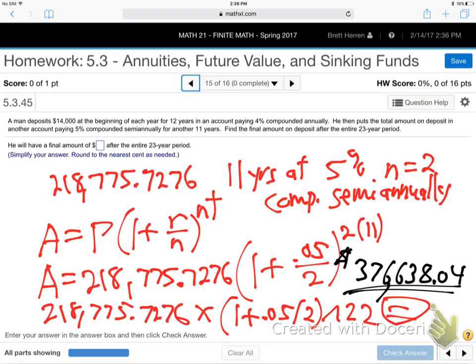Well, that's it. Bunch of messy formula problems. Next time we're going to do more. We're going to do them backwards. We're going to take a big pile and let it break down into little payments. Instead of building up, we're going to tear down a pile. We're going to do it the other way. So that's